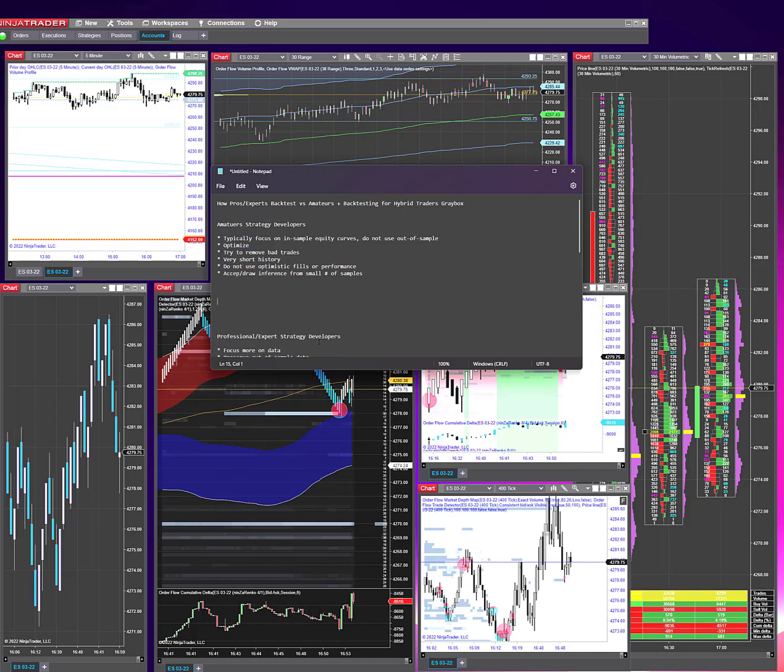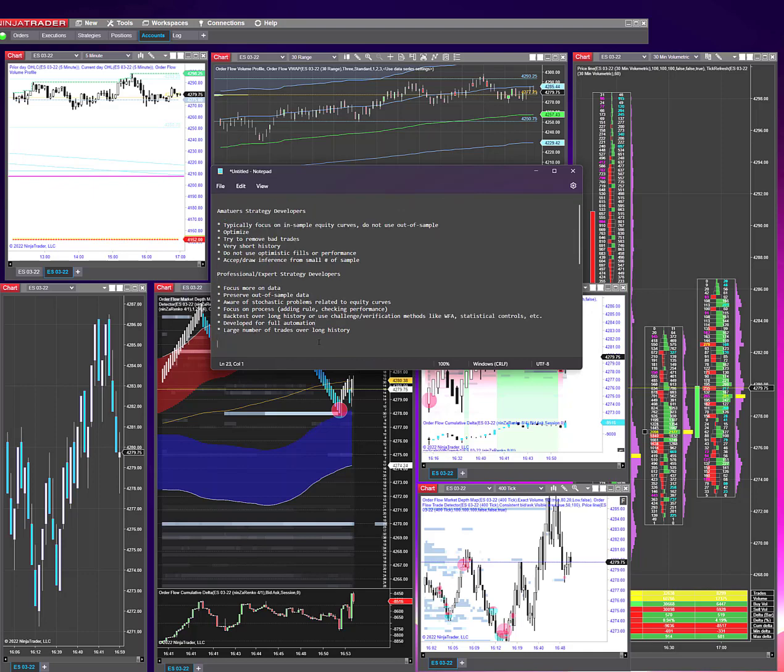Now we can compare that to a professional, right? Professionals tend to focus more on the data. They examine the data, looking for characteristics of the data, such as trend versus mean reversion. They're looking to find unique sources of data to give their strategies a unique edge. They do preserve out-of-sample data, so they're very aware of in-sample versus out-of-sample data, and they test the strategy on out-of-sample data to make sure that what they're seeing is